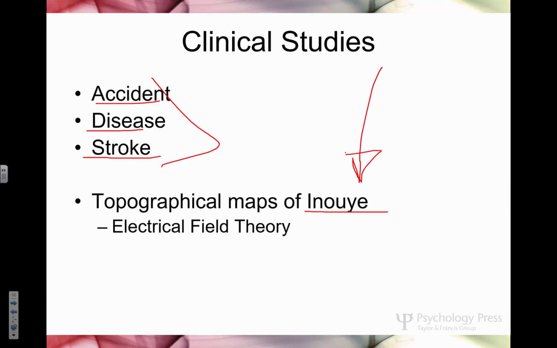After World War II, he was examining a lot of Japanese veterans. He was back in Japan, and these veterans were coming to him saying, "Oh man, I can't see anything over here. I see everything else. I can't see anything over here in this corner." Somebody else said, "I can't see anything there." And so they had these what we call scotomas.